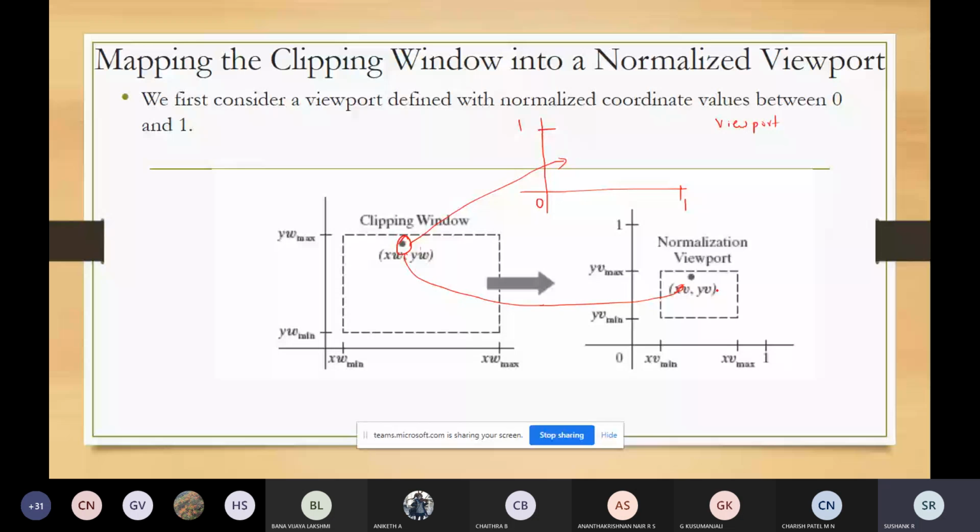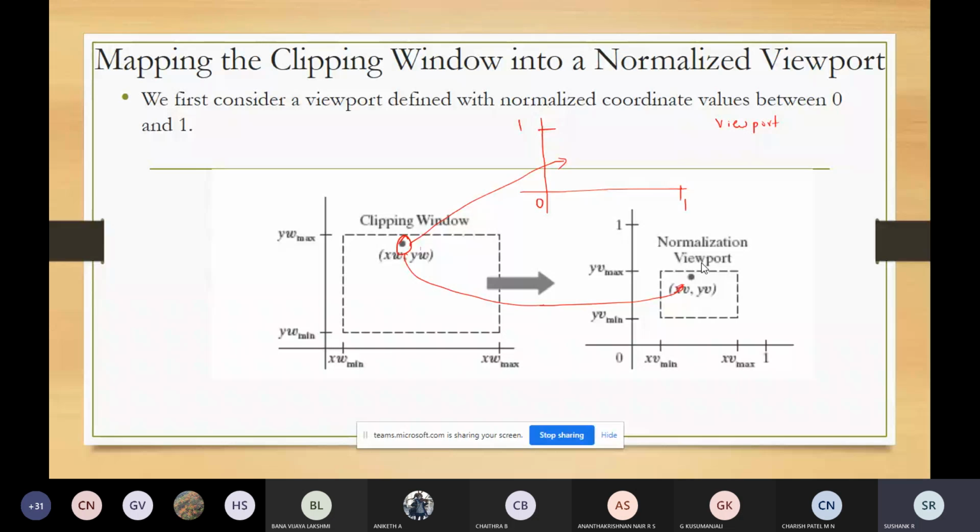Whatever position was there relative to xw comma yw in the clipping window, the same thing will be mapped to xv comma yv in the normalization viewport.